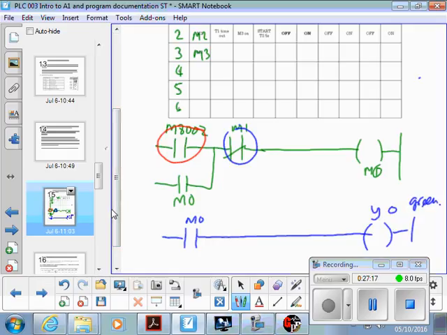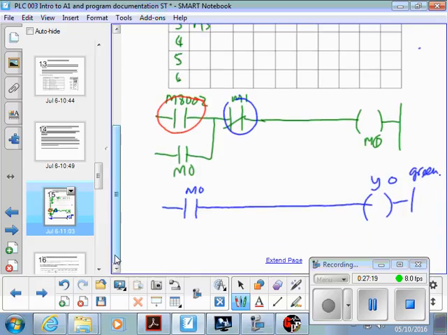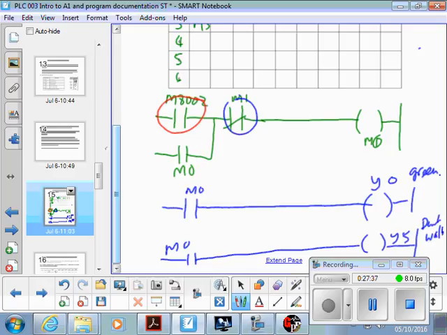And you also have a line that says when M0 is on, turn on Y5, which is you don't walk. Can you not have two outputs at the same time? Yeah, you could do, but you're going to want to keep them separate, because when you come further down here,